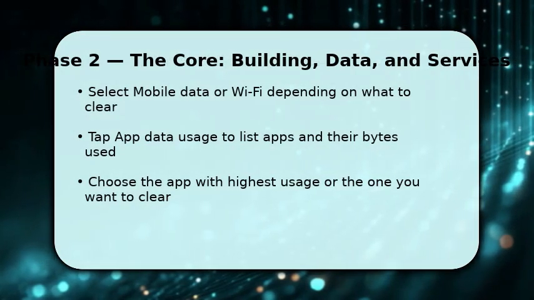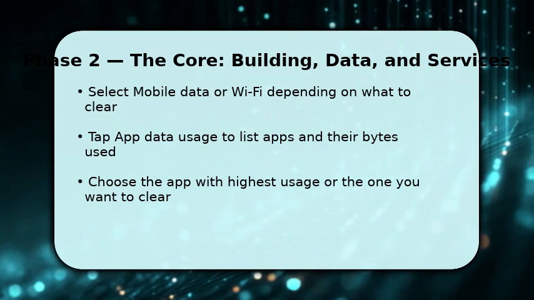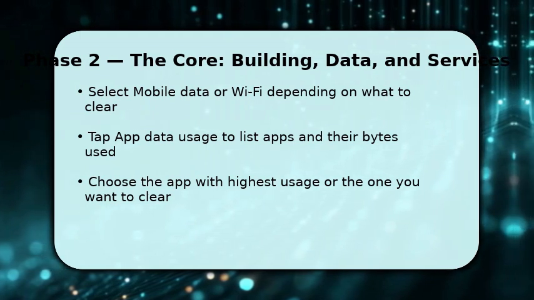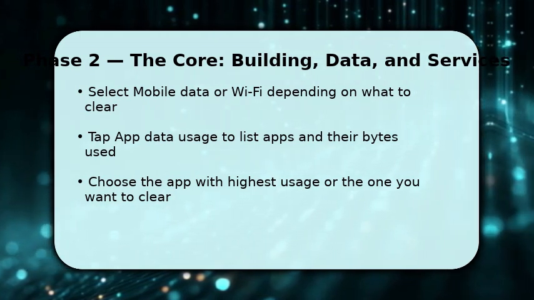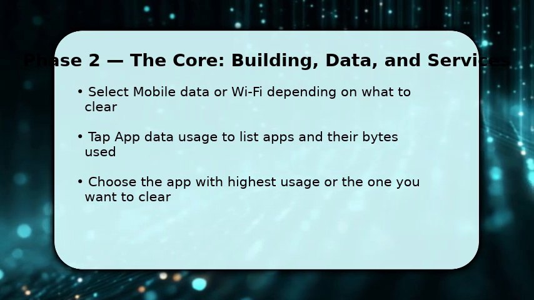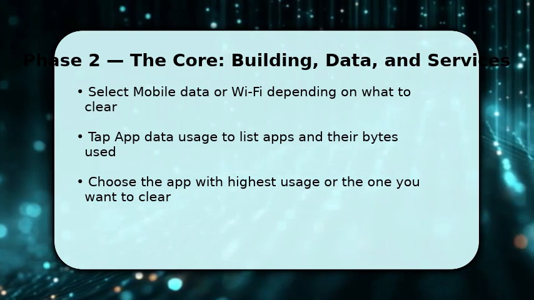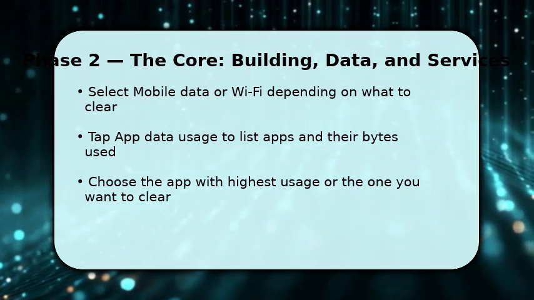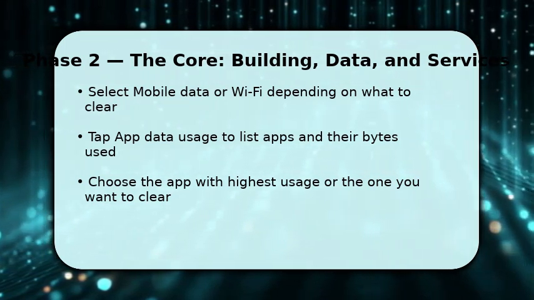Now you dive deeper. Choose mobile data or Wi-Fi where appropriate, because clearing mobile data counters differs from Wi-Fi stats. Tap app data usage to see a ranked list of apps and bytes used for the selected period. This identifies the culprit. Once you pick an app, open its detailed page and look for clear data or reset